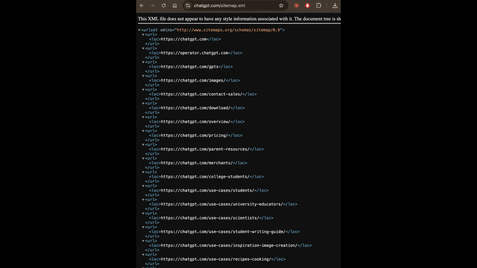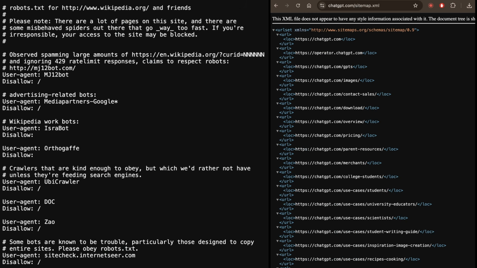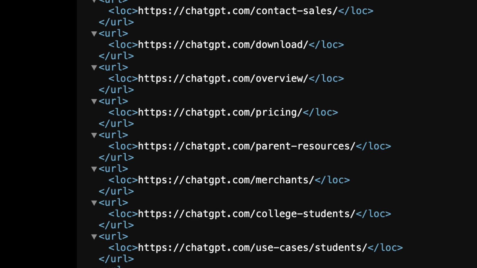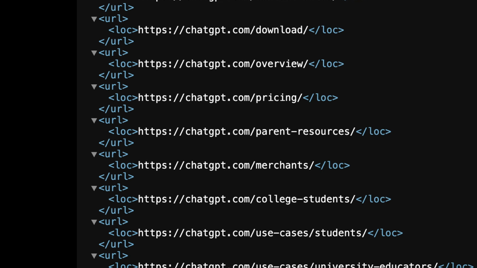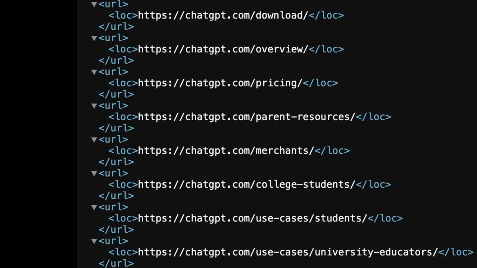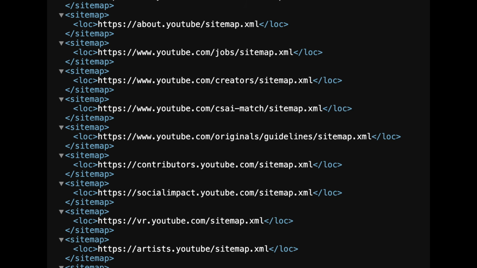this interesting file, which immediately looks different from robots, mainly the fact that it looks a lot more like code and also has colors. It seems like every sitemap file just has a bunch of links which belong to the website but are just different pages of it. The YouTube one is a bit weirder though, because it seems to link to a bunch of other sitemaps which themselves have tons of links as well.